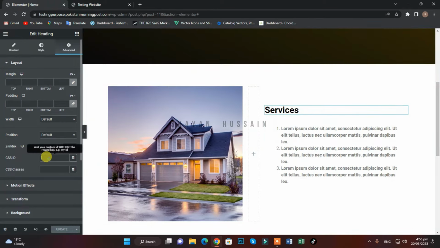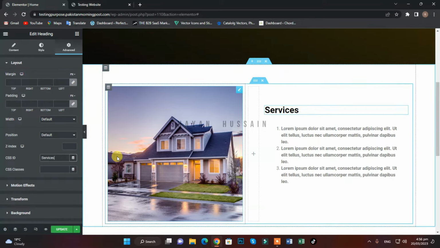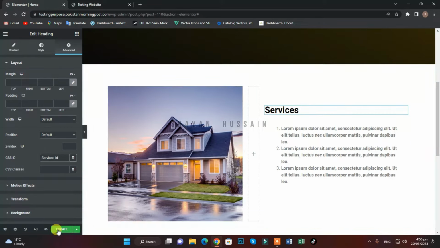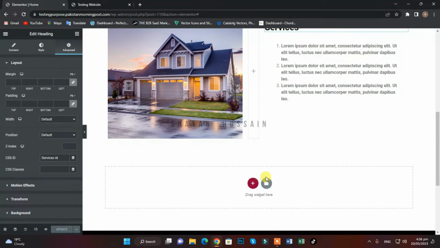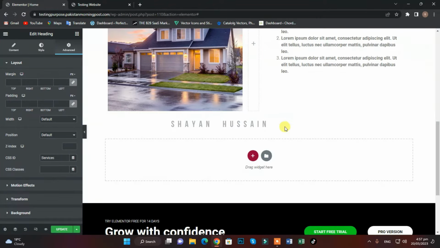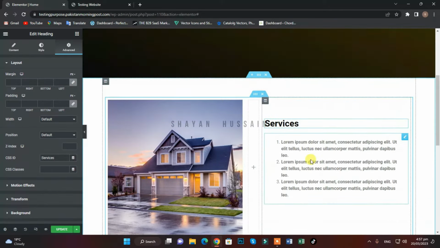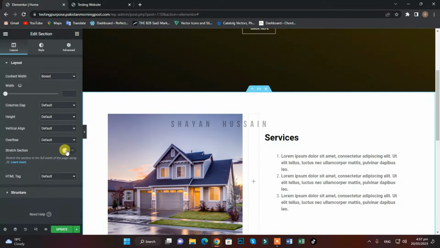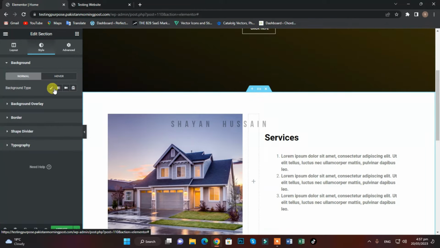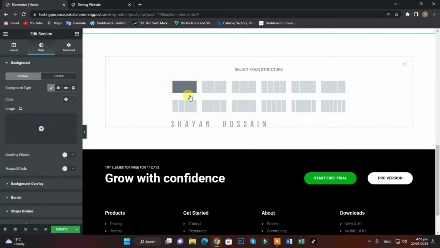Let me give it an ID, which should be services, or just stay with this, or you can also type services ID, and let me update it. Okay, and let's just go with services. Anyway, let's move to the next section. This is our service section, and if you want to add a background, you can do so by going to style, classic, or gradient, it's up to you. So now I'm going to create a third section,